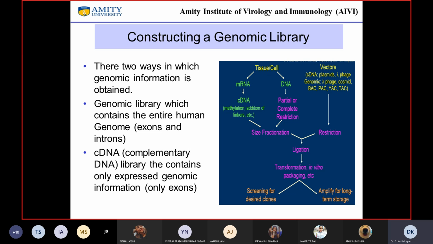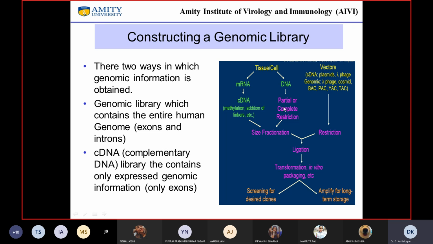The genomic library contains the entire human genome, which means both exons and introns. You can also obtain genomic information from a cDNA library that contains only the exons, or the expressed regions of the genome. Right. Either way, you can get the genomic information, right?